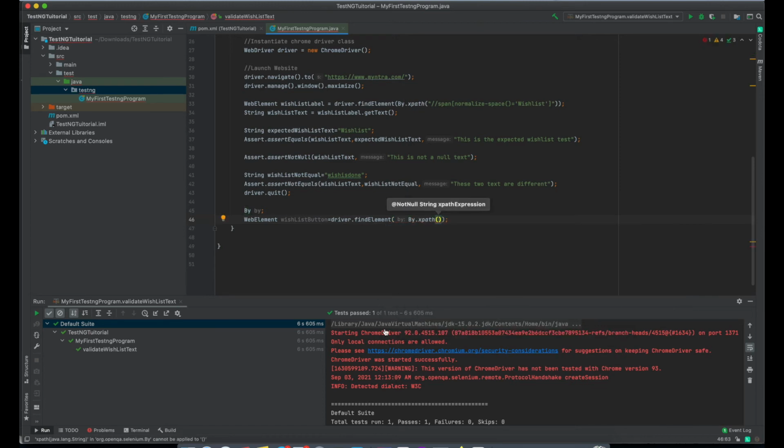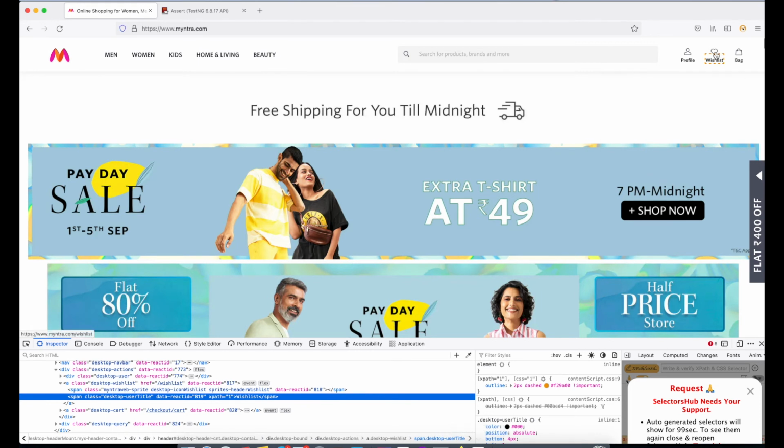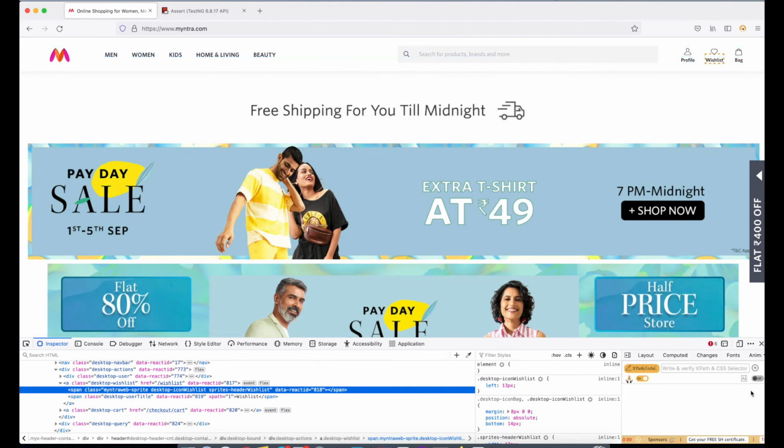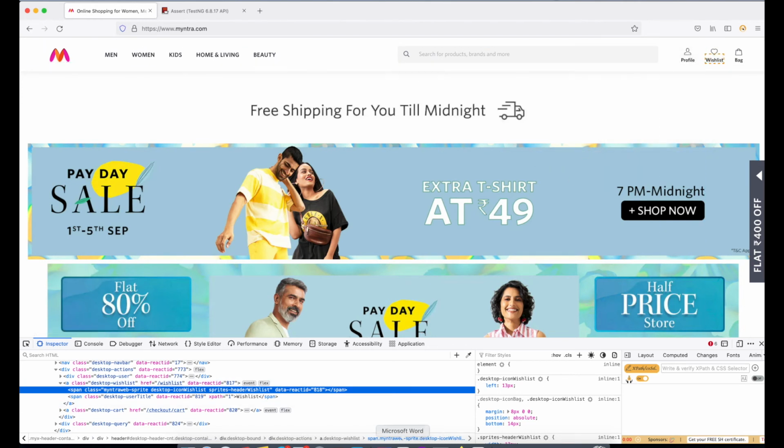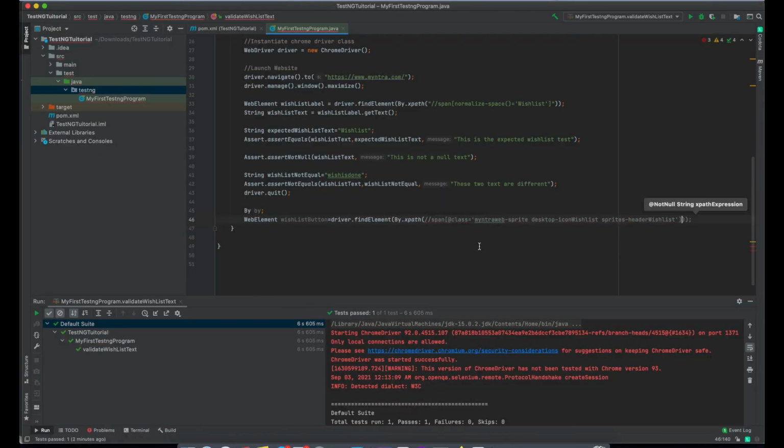Now here we pass the xpath for this heart. So we are just going to inspect it, copy the relative path, and paste it here. So now we have found the xpath for the wishlist button.